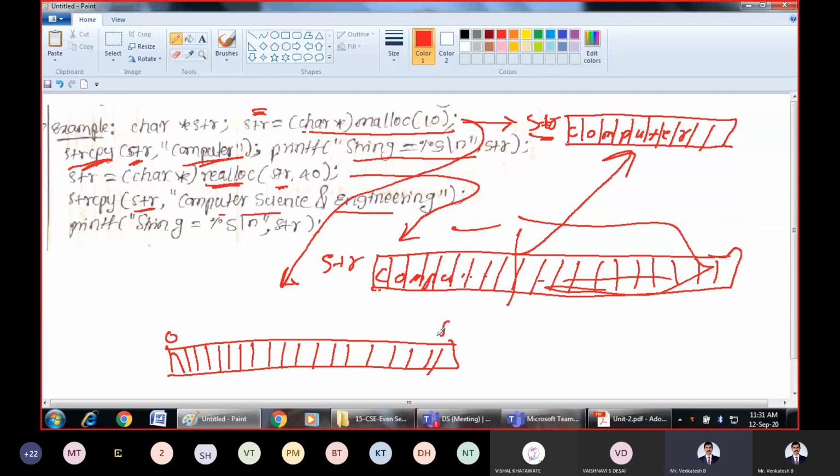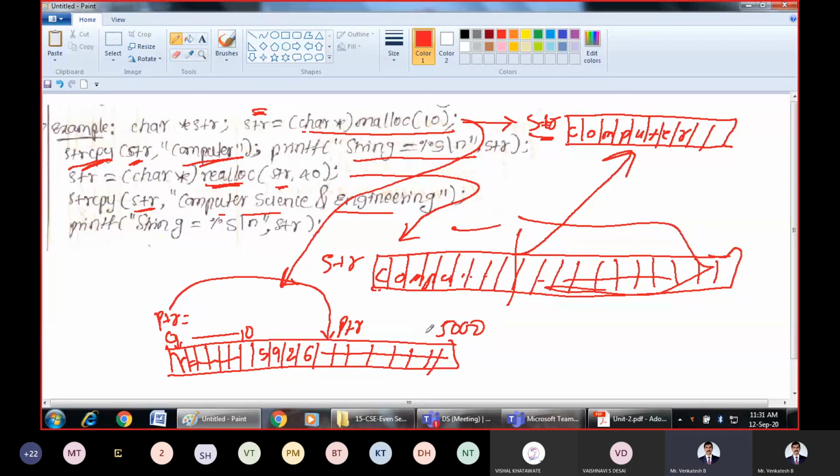Here some data is there, 5, 9, 2, 6, some data is already available. And this is your ptr. Your ptr is containing computer here. Now you want more size, 40 locations. From 0 to 10 is already the location occupied by the ptr. But you want to increase it to 40, but you cannot increase, because some value is already available here. So in that case, what happens? This whole ptr itself will be shifted. It will be given a new location, an entire new location containing 40 locations.